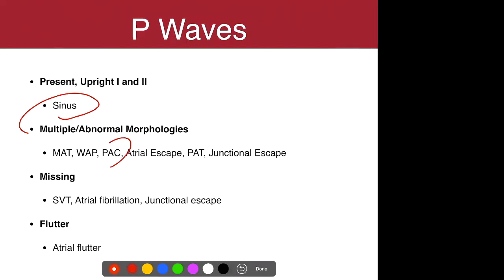Like with a junctional escape rhythm, we either have no P waves at all, or maybe an inverted P wave in leads 2 and 1. If there are no P waves at all, we think of things like SVT, where the P waves are essentially hidden within the QRS complex. If there are no P waves at all, but we've got a non-isoelectric baseline with a lot of quivering, that's atrial fibrillation. Junctional escape rhythms could be missing P waves altogether, and sometimes